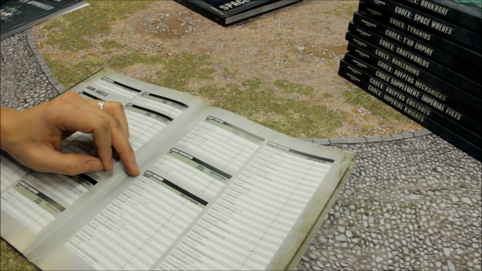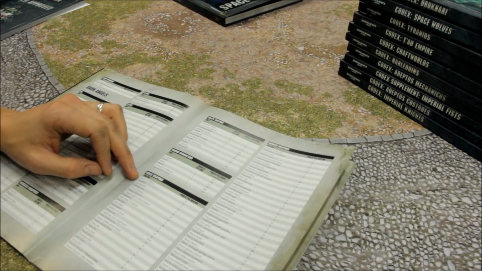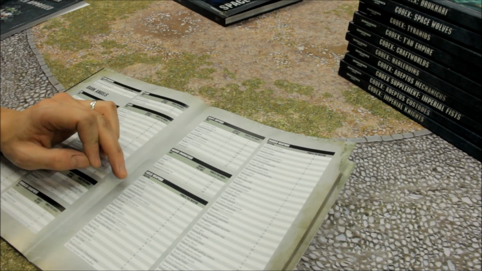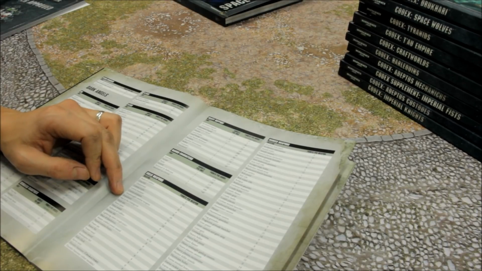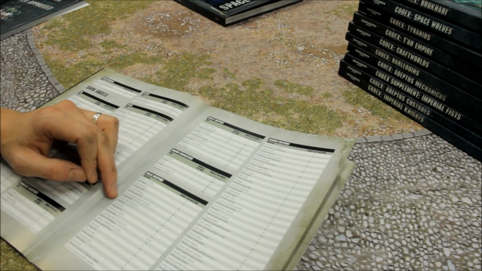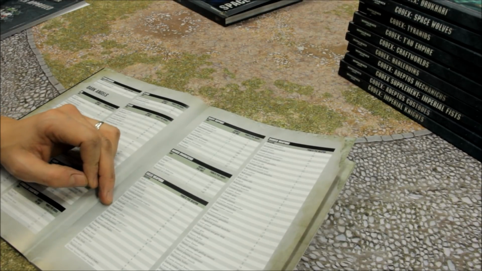On to melee weapons next. The Blade of Caliban is 0, Chain Fist 11, Chainsword, Combat Knife, Corvus Hammer, Crozius Arcana all 0, Dreadnought Combat Weapon 20 points, Eviscerator is 11, Flail of the Unforgiven 0, Force Axe is 10, Force Stave and Force Sword 8,